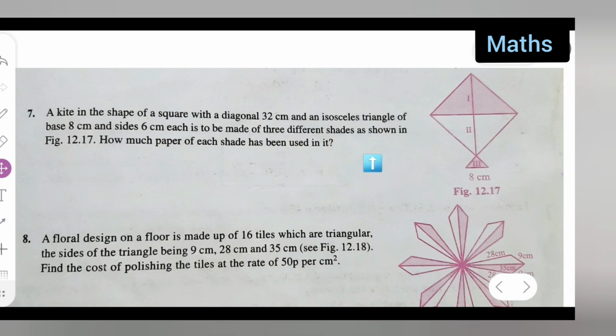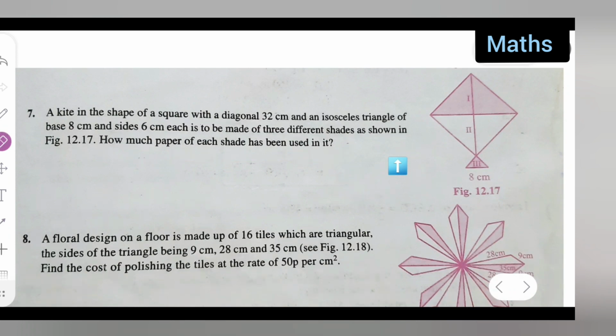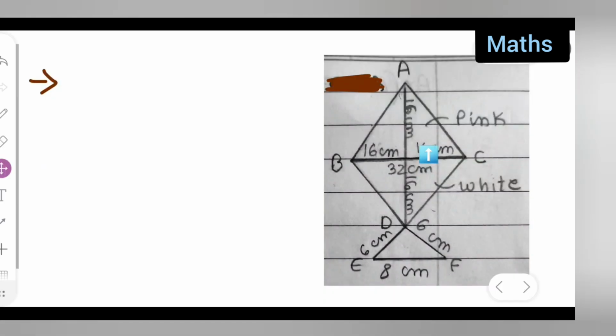Okay, so that we need to find out. What we need to find out is how much paper of each shade has been used. This is something which we have to find. So let us find out this. So let me start. So I have drawn the